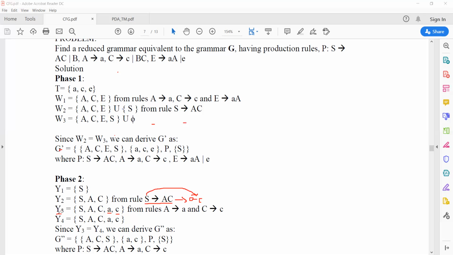Whether E is involved with the starting symbol? No. From S, no sentential form can be generated from E. So ultimately, you will get Y4 with the union of null. So as a result, it becomes Y3.